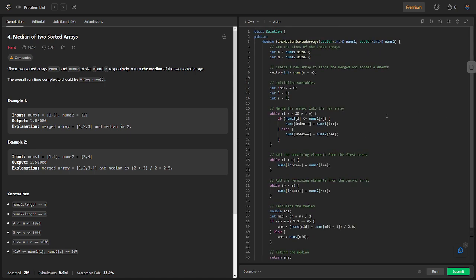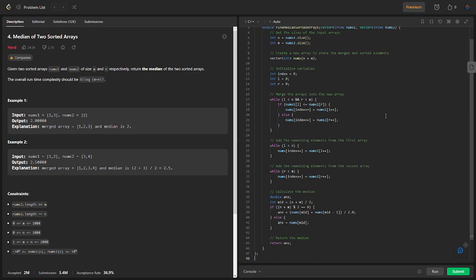Alright, so in this solution, first a class is defined, Solution, with the method findMedianSortedArrays that takes in two vectors, nums1 and nums2, representing the two sorted arrays, and returns the median as a double. We start by obtaining the sizes of the input arrays, n and m, using the size function. We then create a new vector nums with a size of n plus m to store the merged and sorted